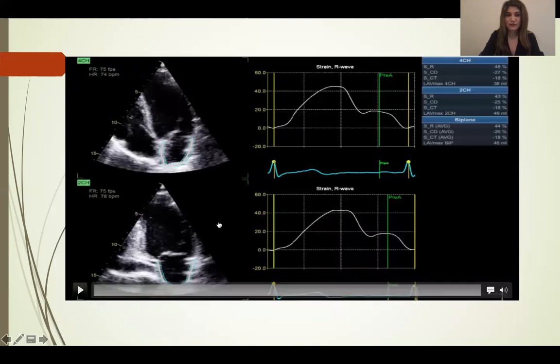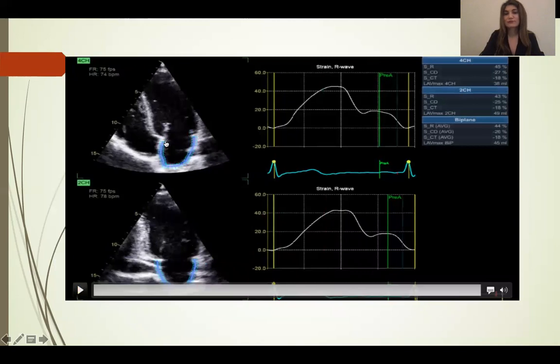In this video, I will show how to measure left atrial strain. We trace from the beginning of the mitral valve annulus and trace the endocardial borders. And we should adjust the atrial views to optimize the image. And then the software automatically calculates the waves: the reservoir function, the conduit function, and the pump function.